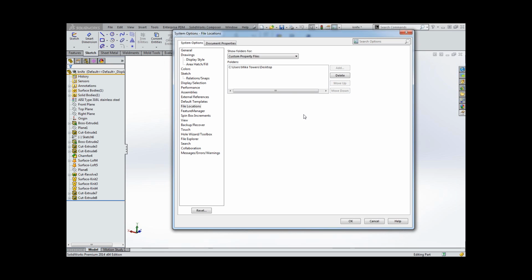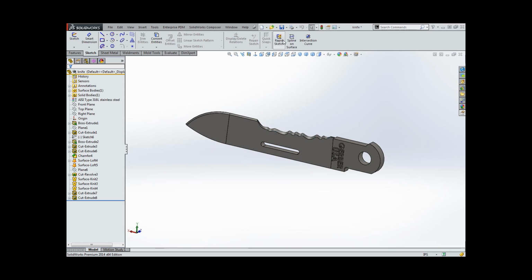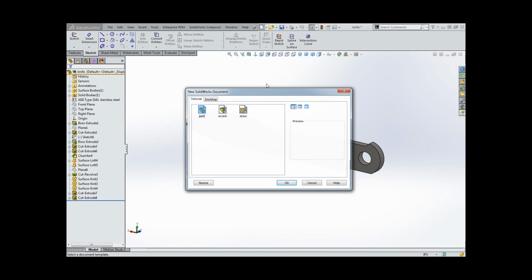So again, this would be something you would want to save in your EPDM vault or on your server, somewhere that everybody has access to it and everybody can point their file locations to it so that everybody's on the same page in your company. Everybody has the same custom properties to fill out. And we'll go ahead and OK that. And now when we make a new part file,